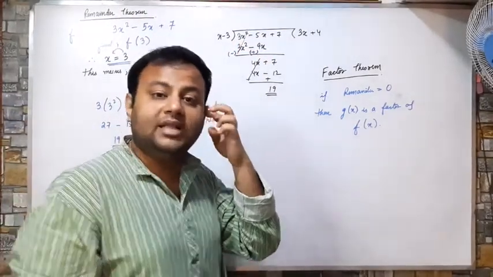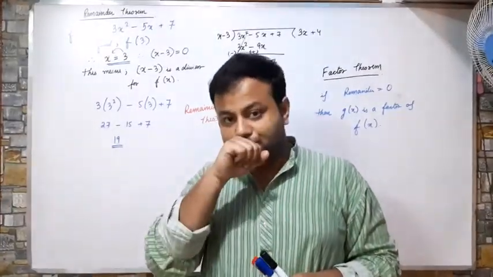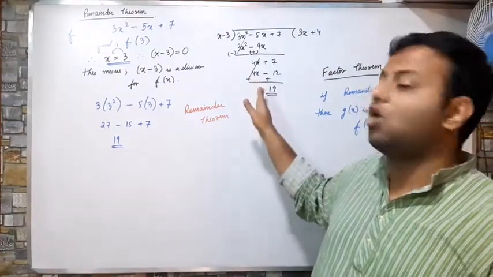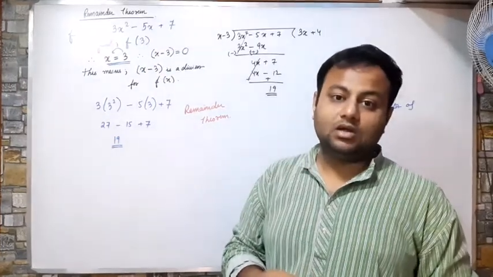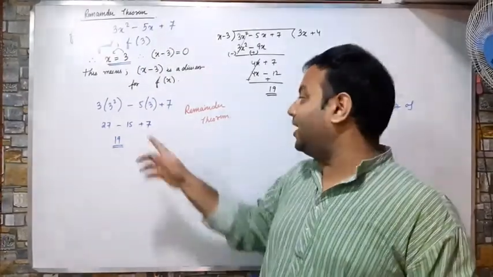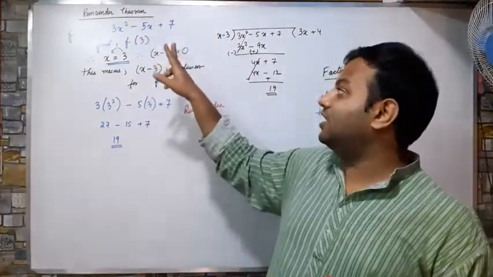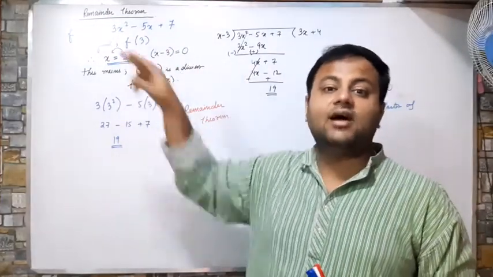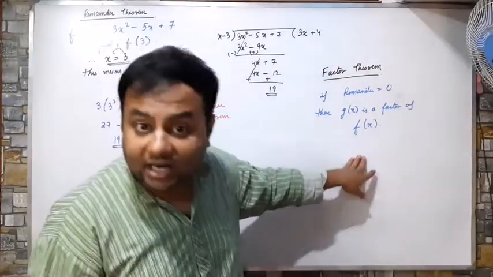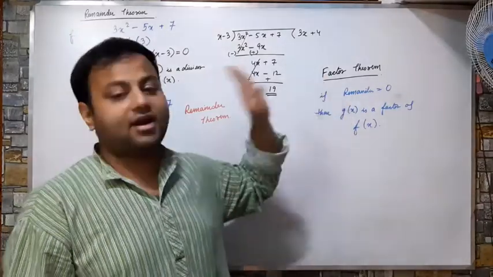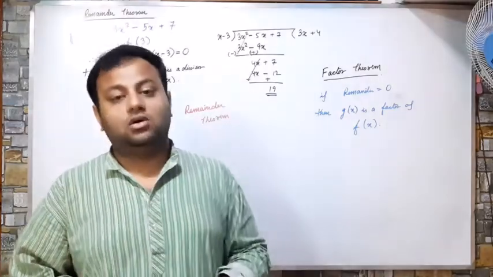What is the remainder theorem? To calculate the remainder when two polynomials are divided, I will not divide by long division because this is a long process. Rather, I will put the value of x in the given polynomial, so that I can easily calculate the remainder. And if the remainder comes as 0, that means the given number totally divides the polynomial. Hence, that given number will be a factor of the given polynomial. That is known as the factor. So let me give you two examples of this type of question.